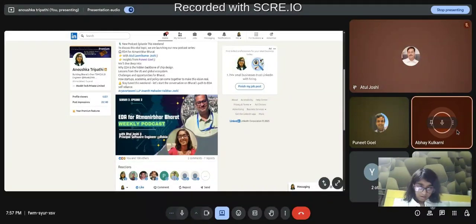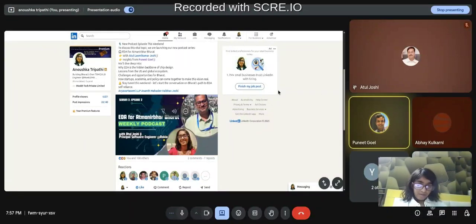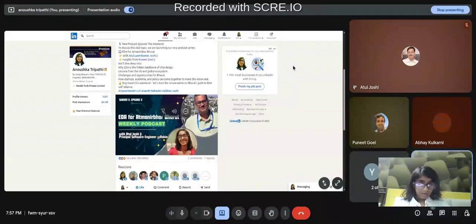I'm not sure if the answer to the question is right, but I would like to add to this. Like Puriji said earlier, if you want to develop an EDA tool, you will need to work with that first. So students, we need to promote open source tools. Then only students will get to know how it works,